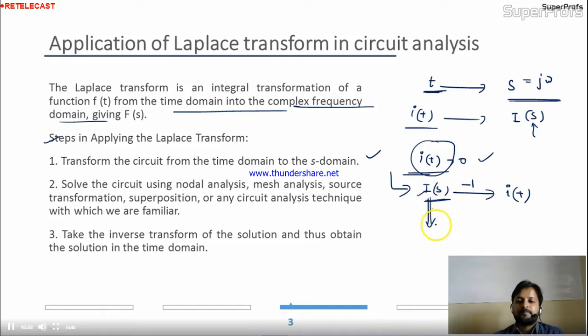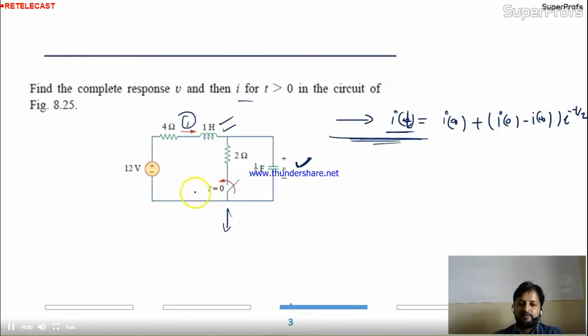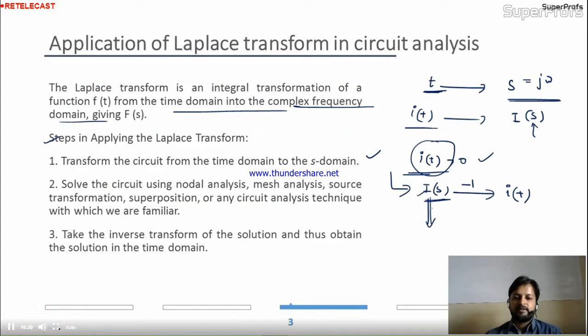Okay. So you have seen this question, and we will solve this question later by the Laplace transform. If you solve this in the time domain, it will take time, hardly 5 to 10 minutes to solve this question. But if you solve this question with the help of Laplace applications, it will be very easy for you. Okay. Now,